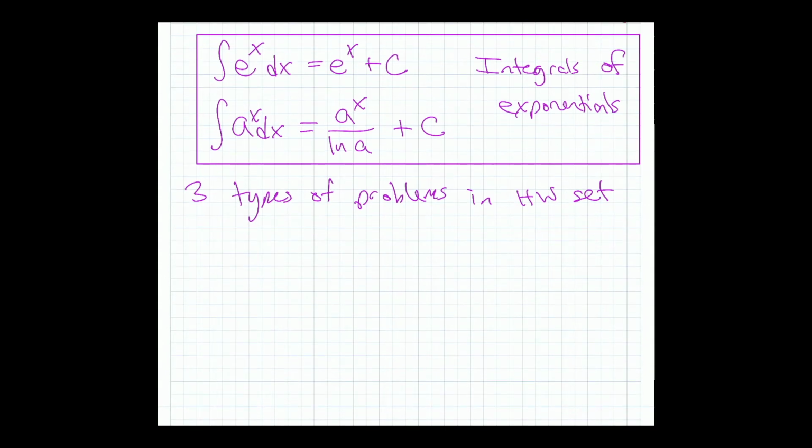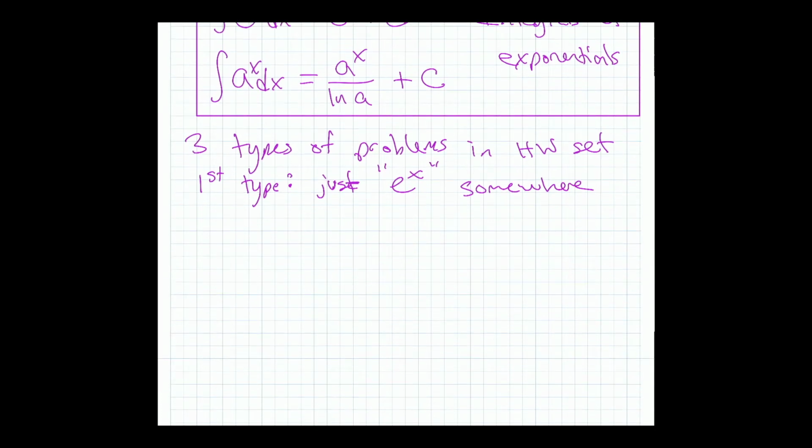So the first type is easy. It's just e to the x somewhere. That's all. So you'll see that like this. Here's an example: integral 2x to the 6th minus 5x to the 4th minus 2x cubed minus 4 plus e to the x